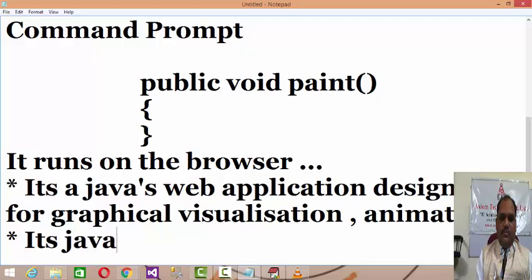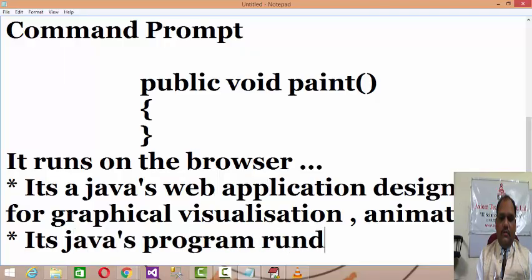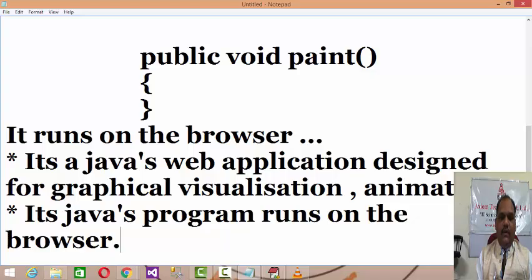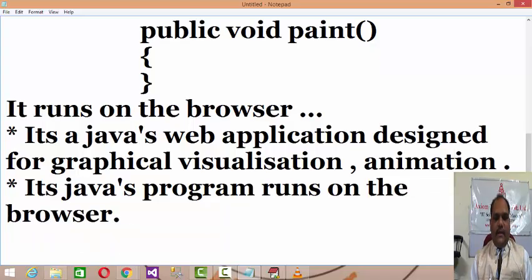It's Java's program runs on the browser. In this way we can define an applet.